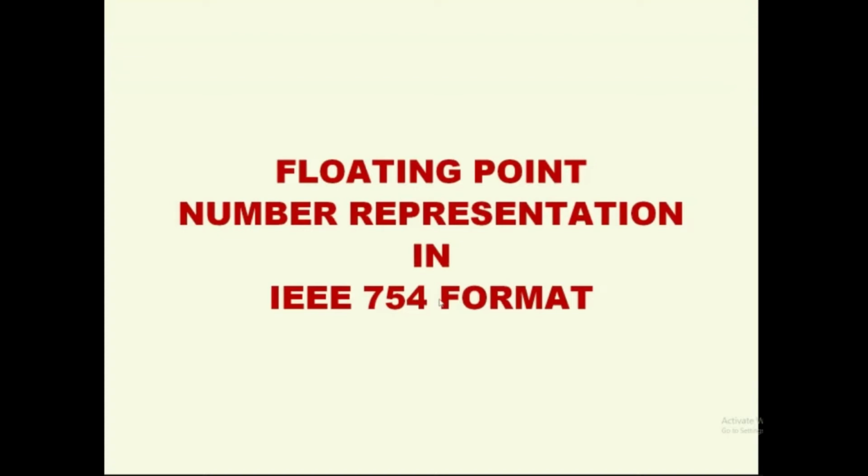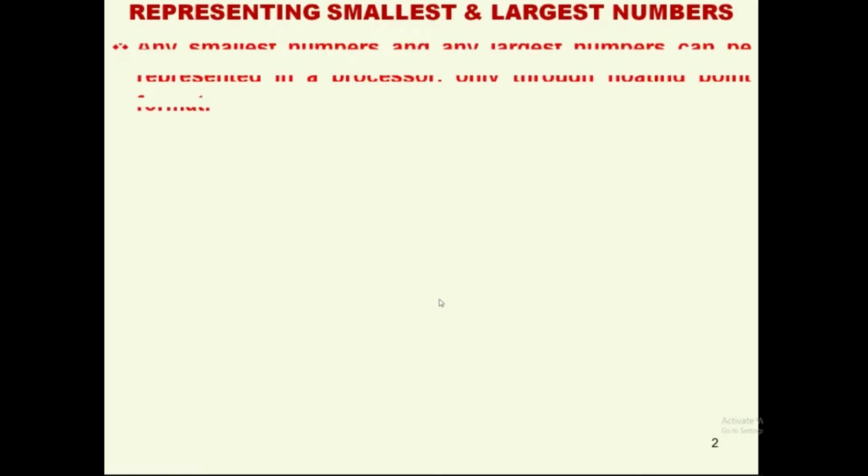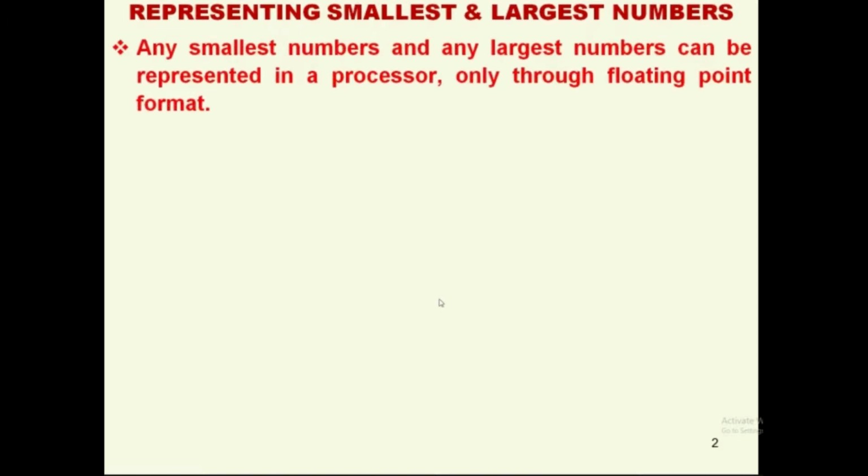Hello everyone. In this presentation, we are going to understand the floating point number representation in IEEE 754 format. So, how to represent the smallest and largest numbers is the big thing. Any smallest numbers and any largest numbers can be represented in a processor only through floating point